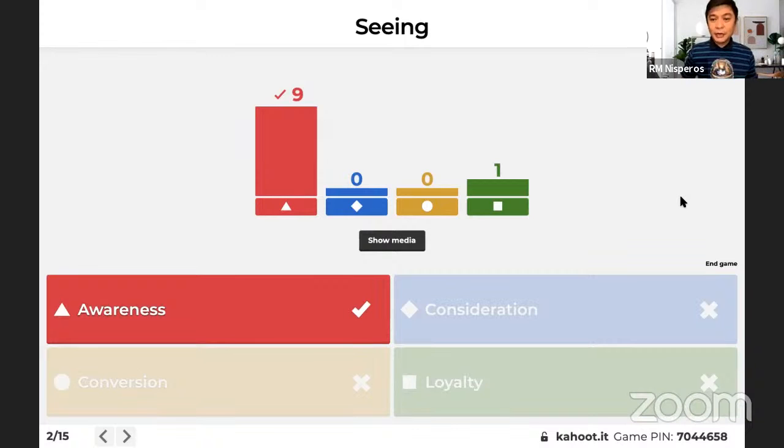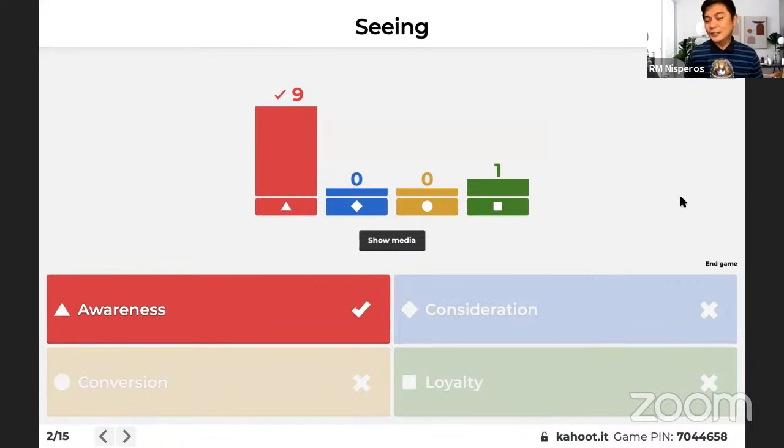Usually, di ba, nagbo-browse tayo ng social media, newsfeed usually, Facebook or Instagram. Yun naman yung common social media platform here in the Philippines. Biglang may makikita kang something na nasa newsfeed mo na may sponsored na maliit and then naisip mo, uy, parang interesting 'to or parang kailangan ko nga siya.